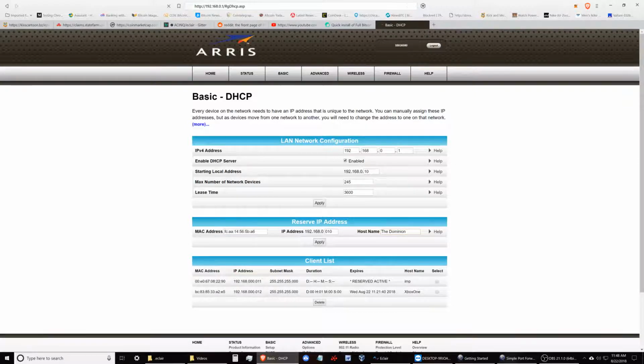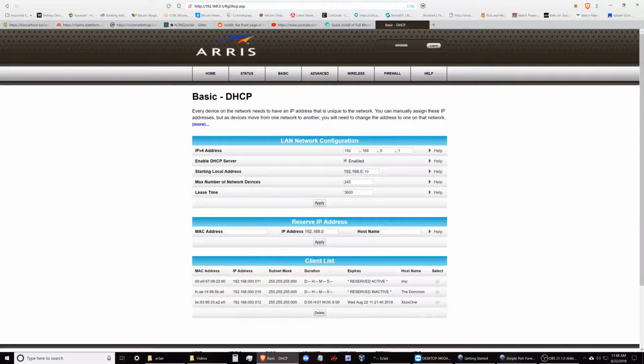So once we reserve this IP address here, it should add it to the list. And you can see here now that it's reserved. Now that we have set it up as a static client, what we're going to do